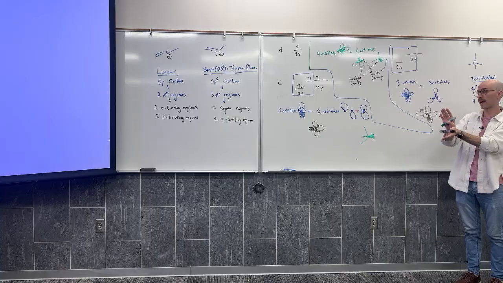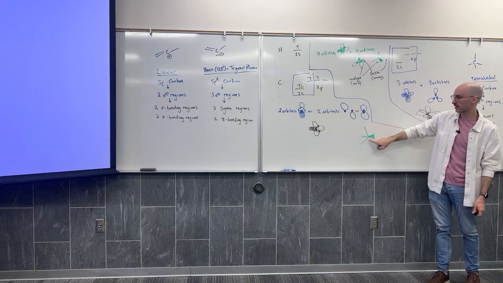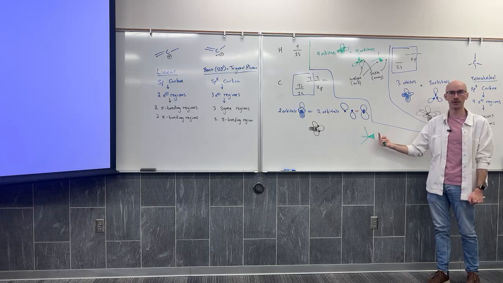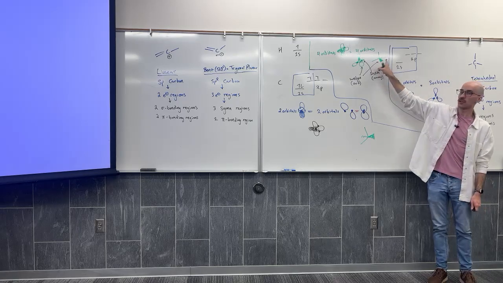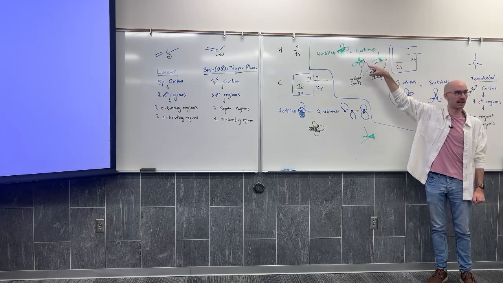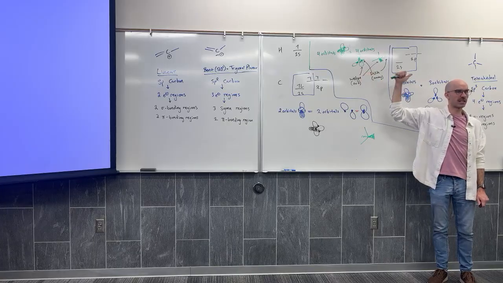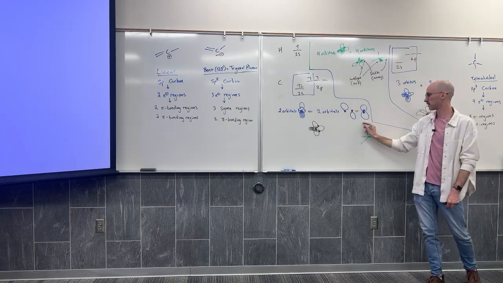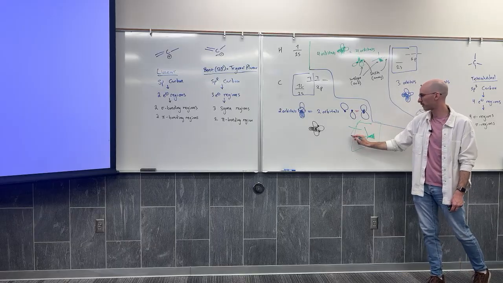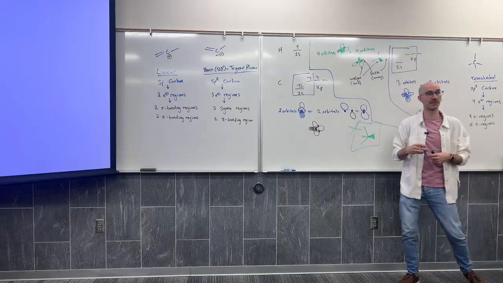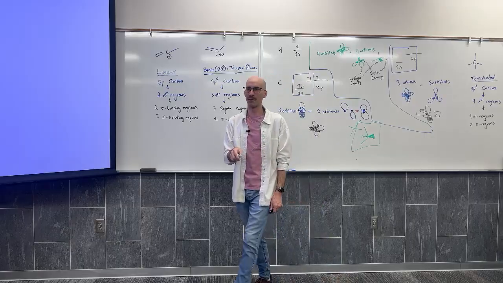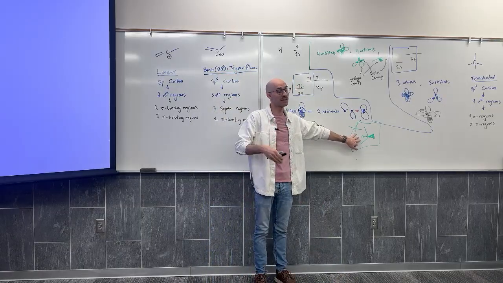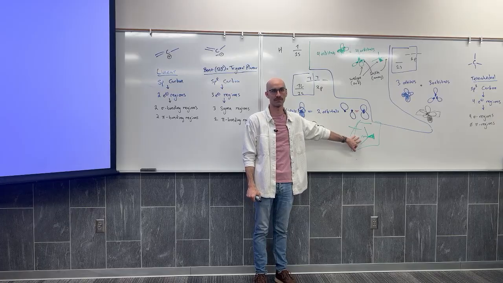What we saw is that out of this vertex from the flat lines, the wedge and the dash group both come out of it. You should use that vertex of the flat line to draw the wedge and dash outward. You should not bisect like this. This will become very, very important later in the semester. There are certain problems that if you draw a structure like this, you physically cannot get the correct answer because